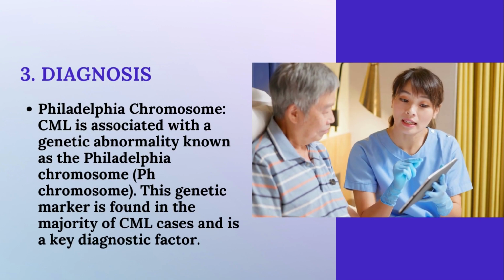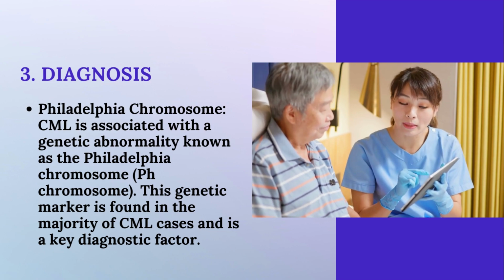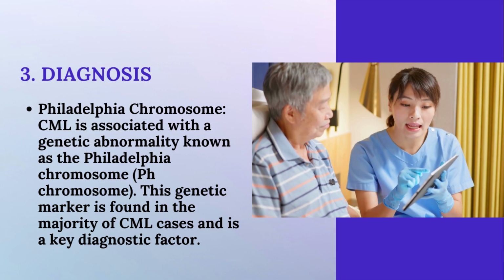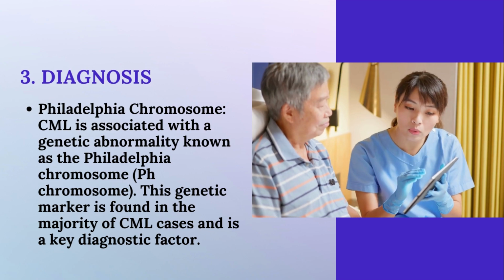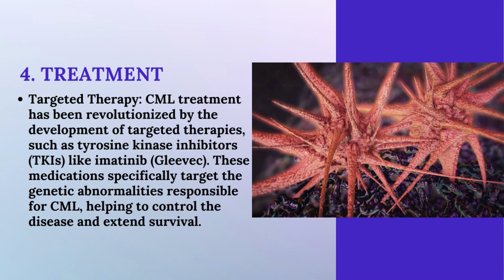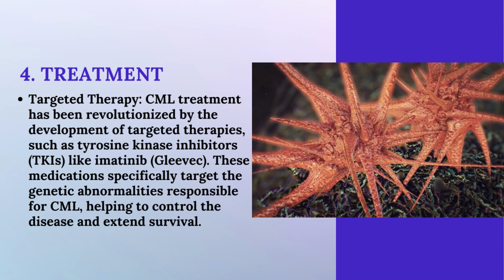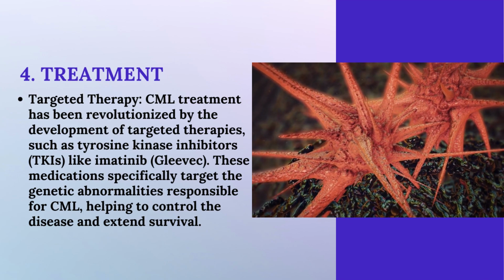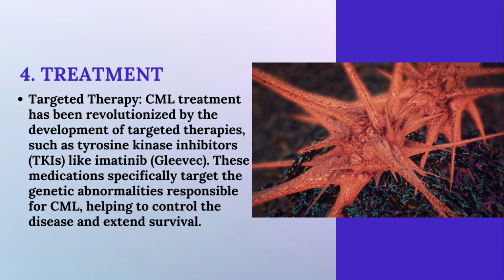3. Diagnosis. Philadelphia chromosome. CML is associated with a genetic abnormality known as the Philadelphia chromosome, Ph chromosome. This genetic marker is found in the majority of CML cases and is a key diagnostic factor. 4. Treatment. Targeted therapy. CML treatment has been revolutionized by the development of targeted therapies, such as tyrosine kinase inhibitors, TKIs, like imatinib, Gleevec. These medications specifically target the genetic abnormalities responsible for CML, helping to control the disease and